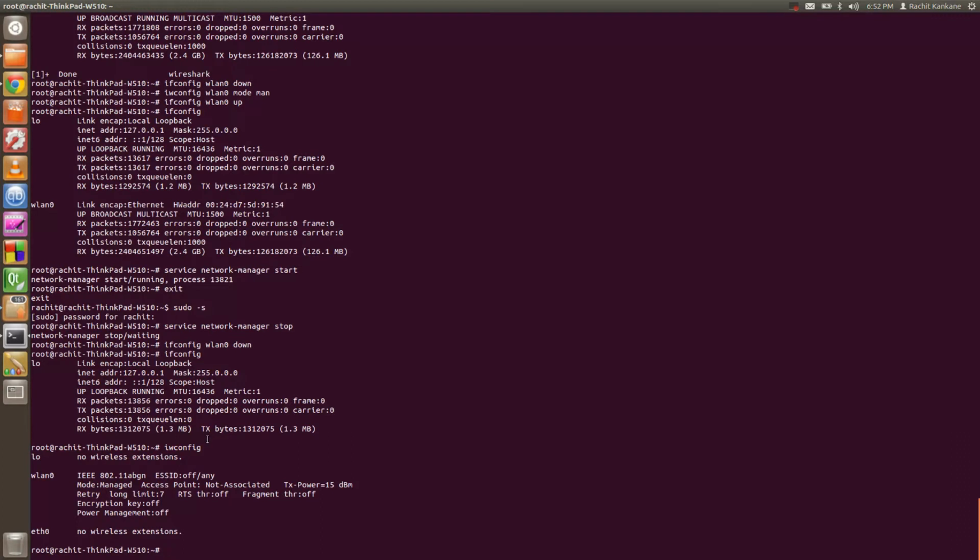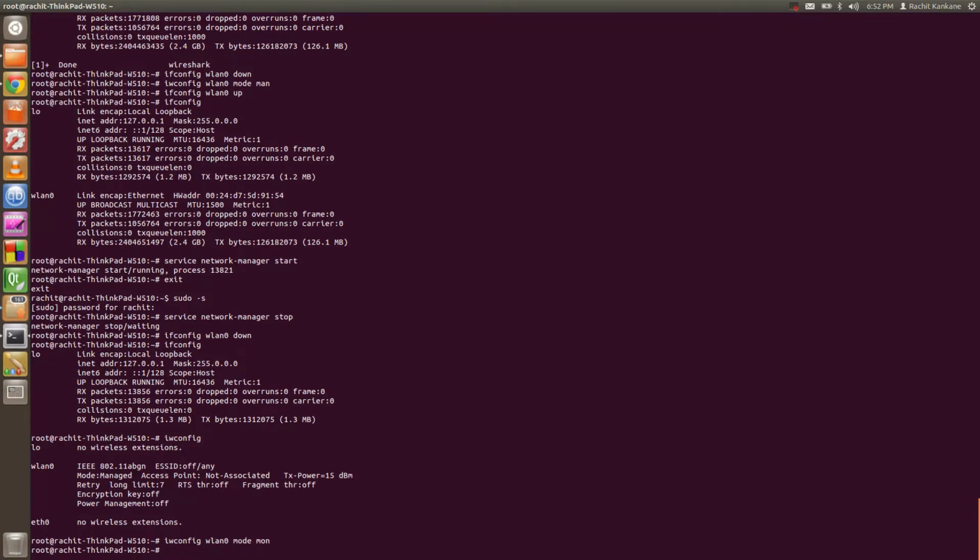Now we are going to convert the mode to monitor. iwconfig wlan0 mode monitor. Now we want to check the current mode, whether it has changed or not.